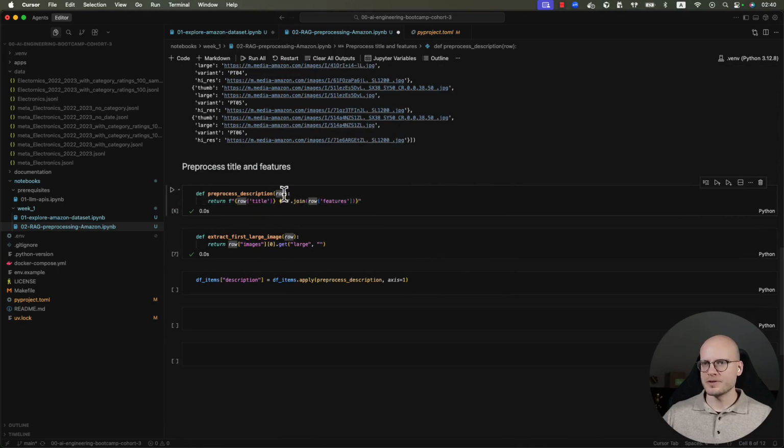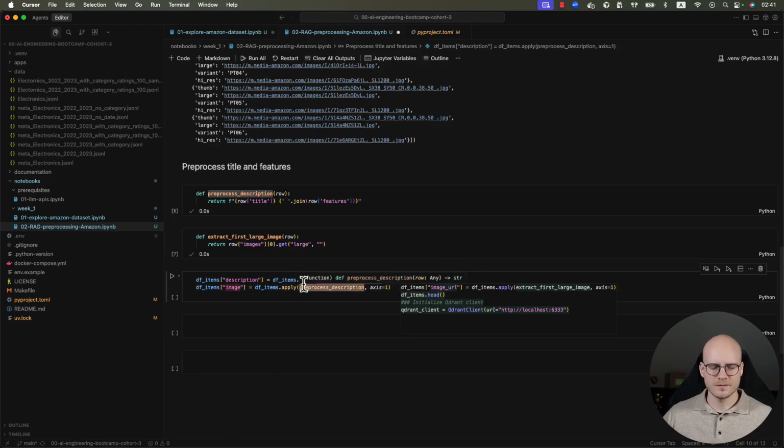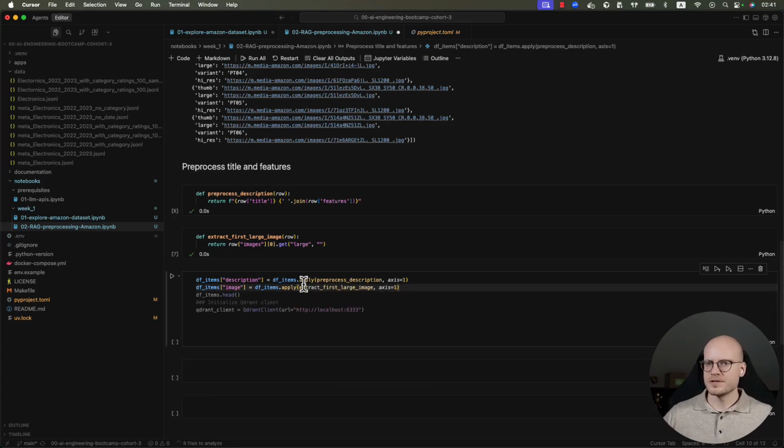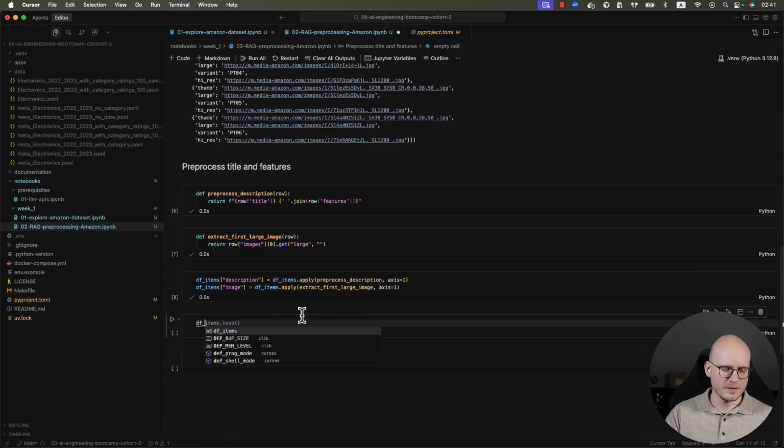As a parameter for this function, we are providing the row, and then we can extract any value from the row that we might find interesting. So for us, it is title and features. And the same we are going to do for extracting the first image. I will just call this new column image, and I will be applying the extract first large image function. Run this, and let's inspect